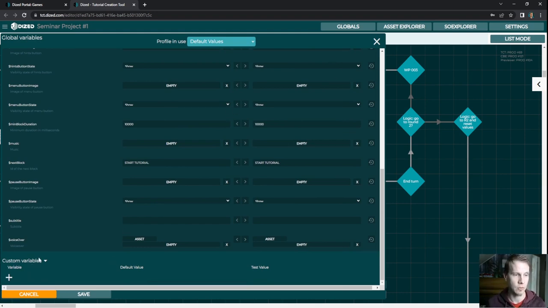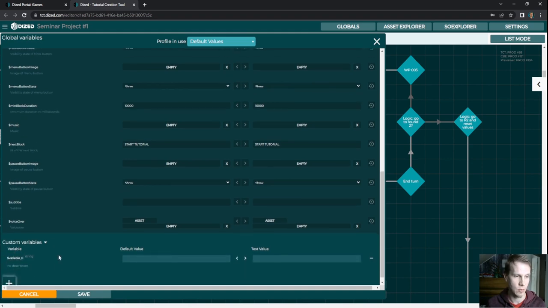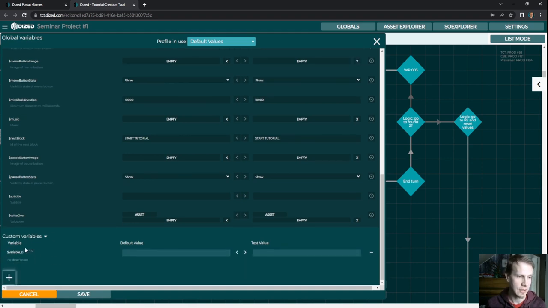So we're going to go to custom variables and add a new one. When you click this string option, there are different variable types that you can use. Some are strings, where you can put any sort of both letters and numbers. Numbers are of course numbers. Boolean is just true or false, and there are blocks, text, assets, voiceovers, so different kinds of data can be stored inside. For this we will use a boolean and we will name it